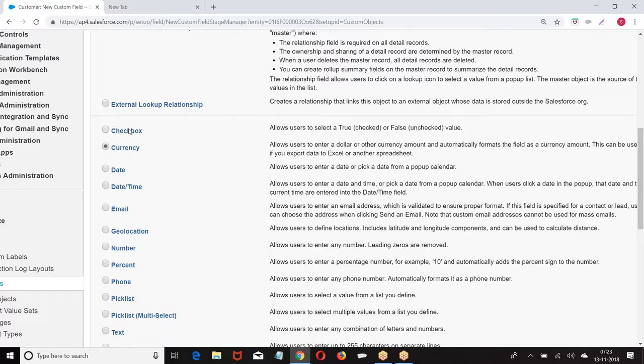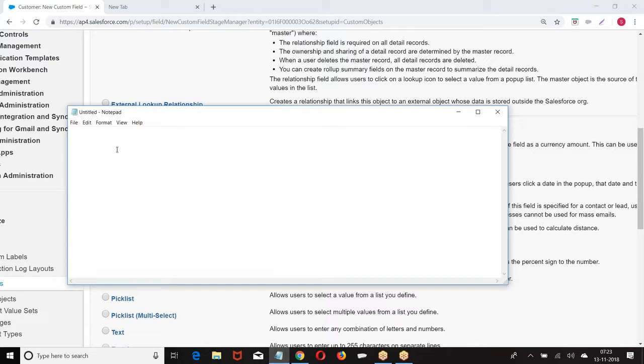For this currency data type, the maximum length will be 18 digits. Out of 18, it is the length of the integer plus the decimal. Integer part plus decimal together is 18. So when I have 10,000.23, that is 5 plus 2.